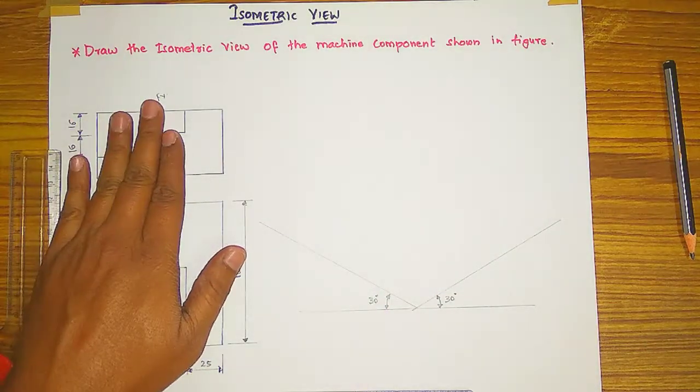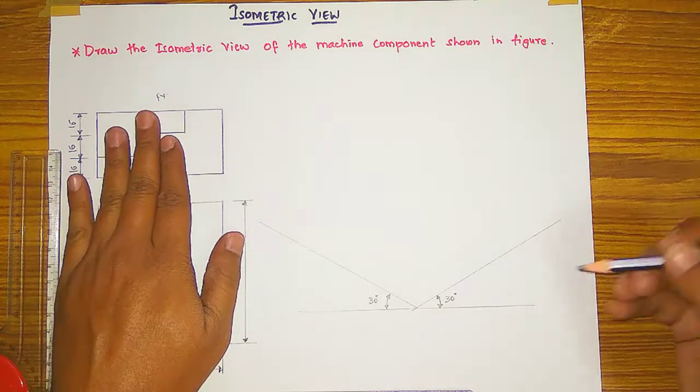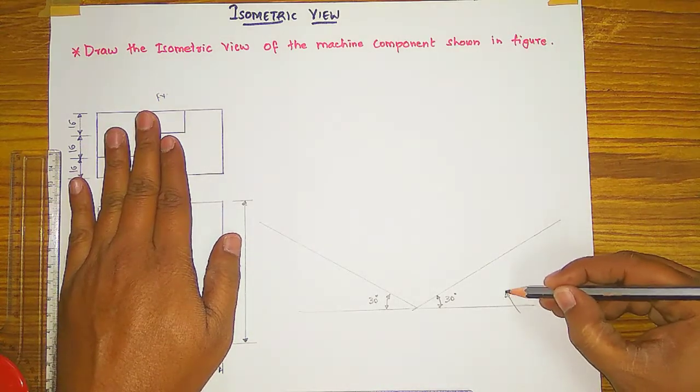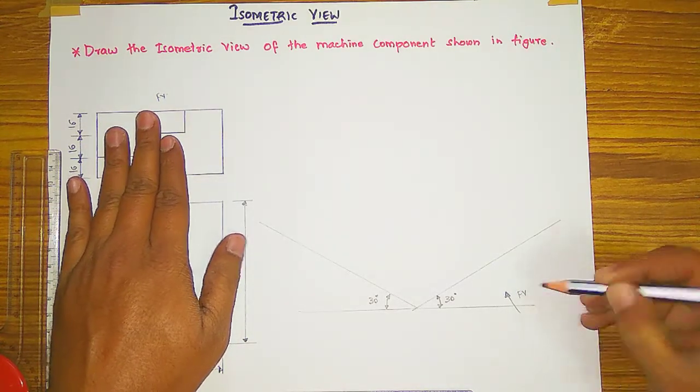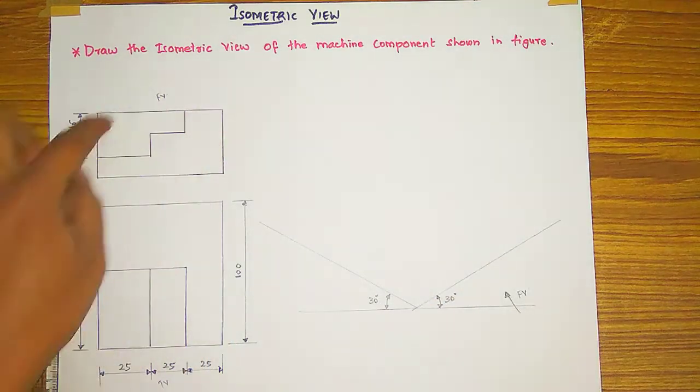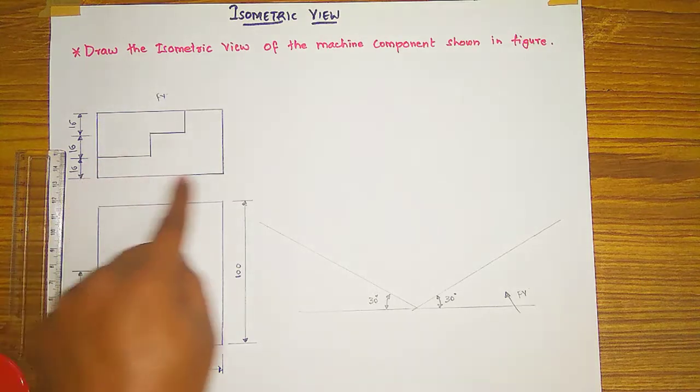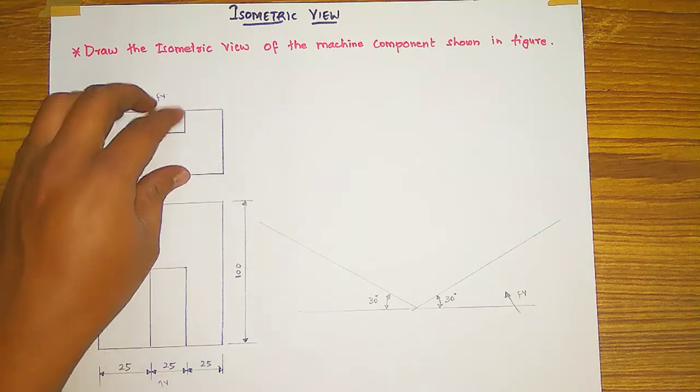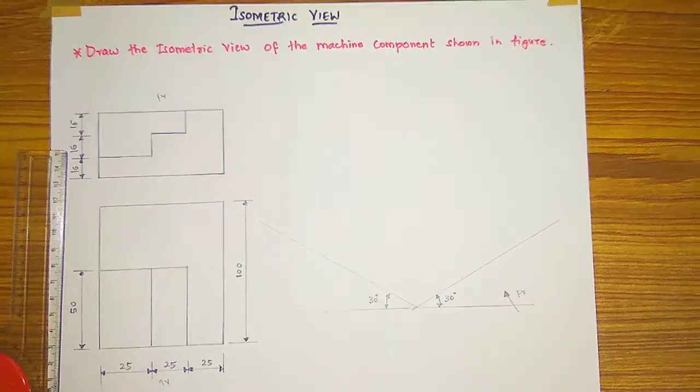Okay, this is the front view and top view. This front view I am drawing from here. Okay, you can start from here also with this angle. So the front view, whatever is in this box figure, first you draw that. Automatically you will have the front view and top view with the figure.